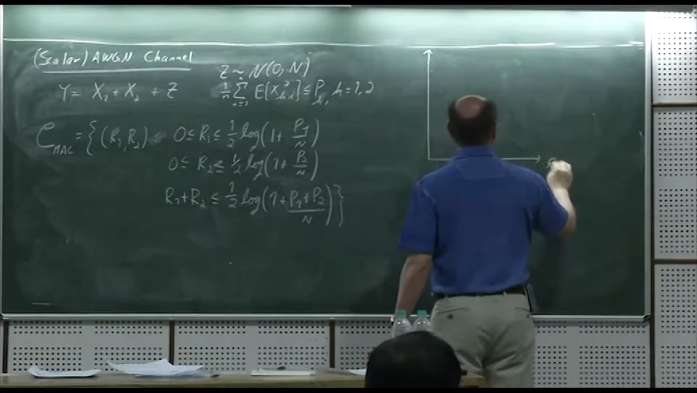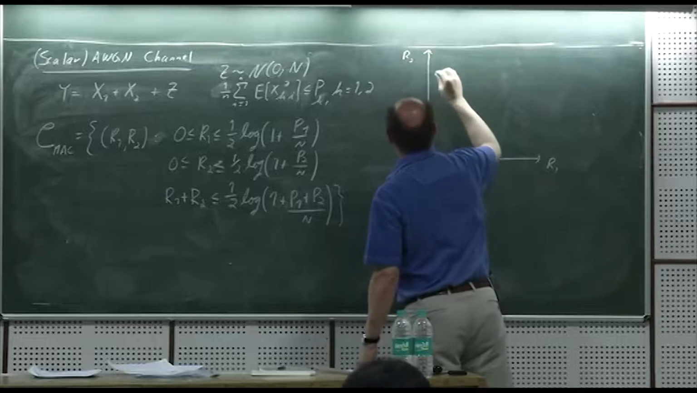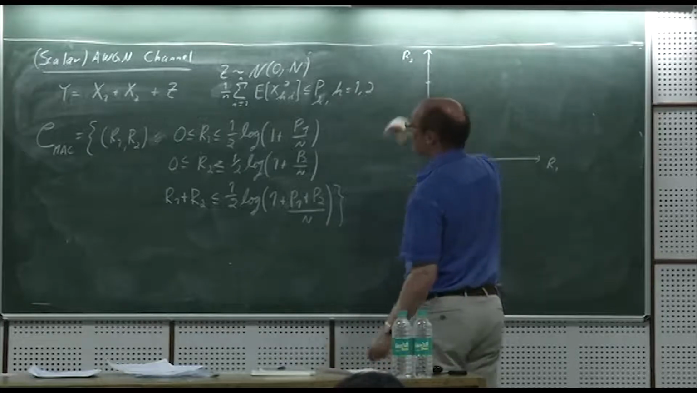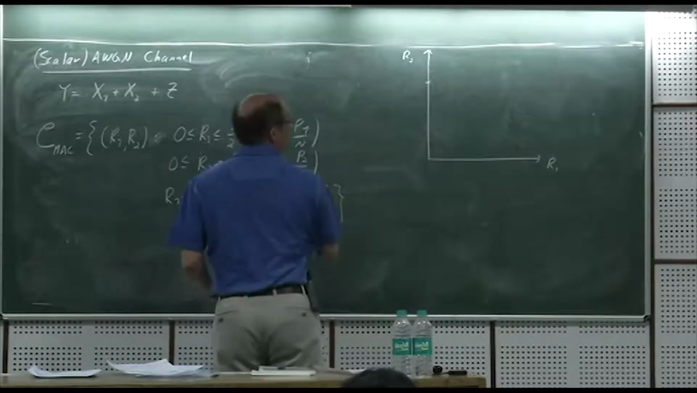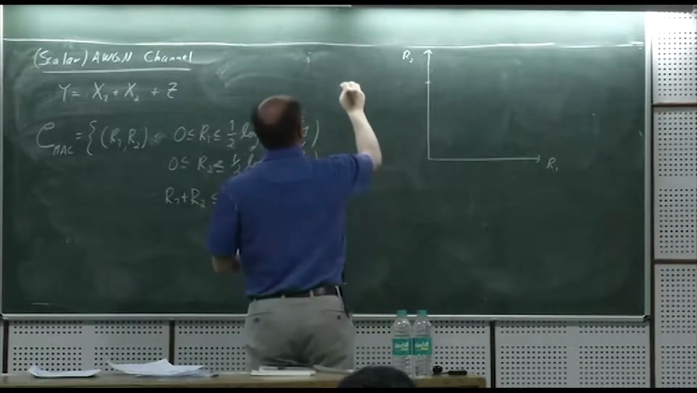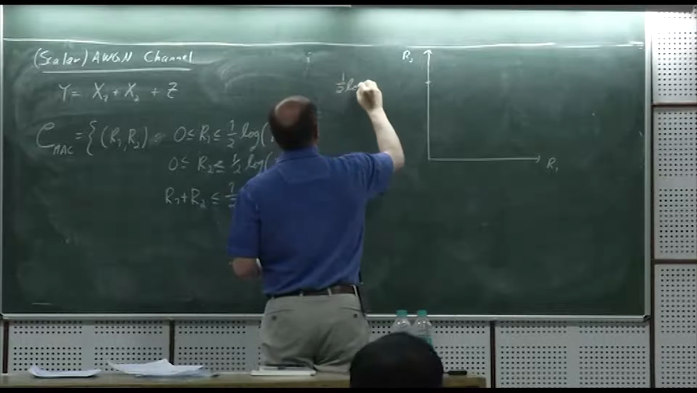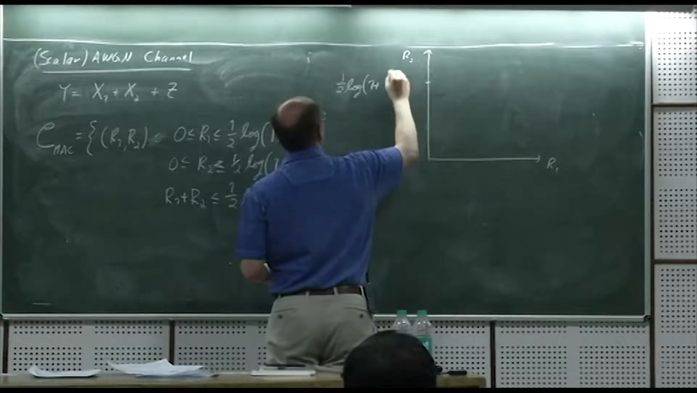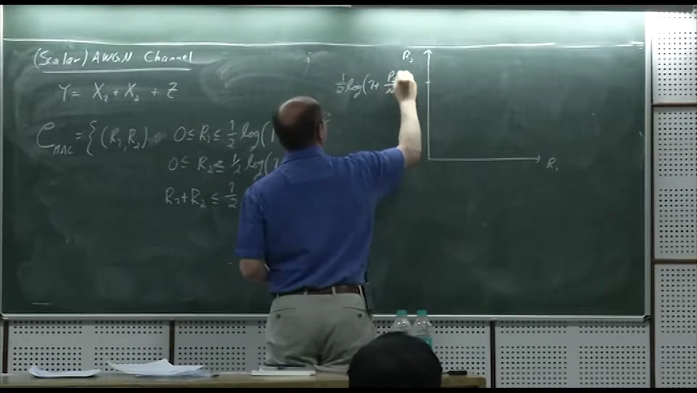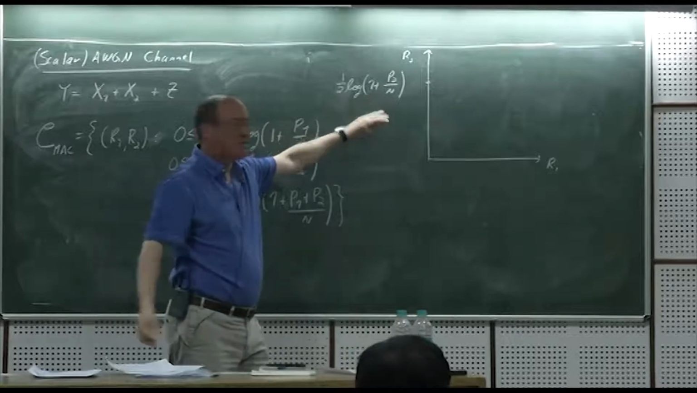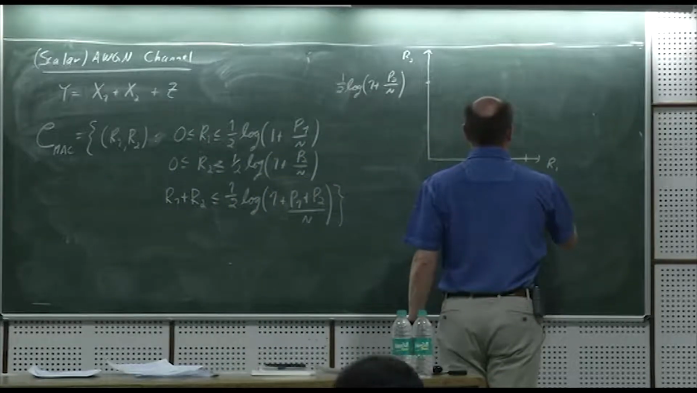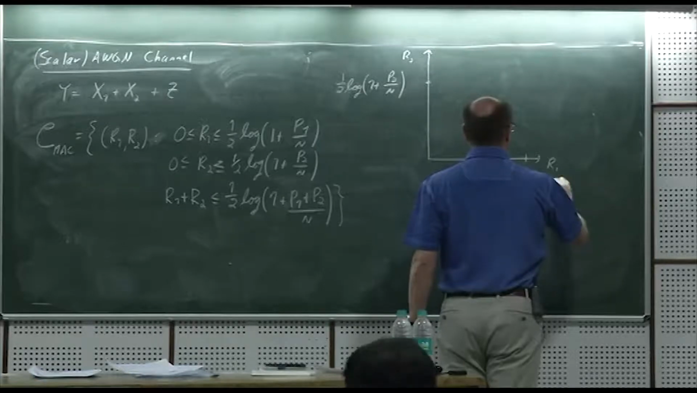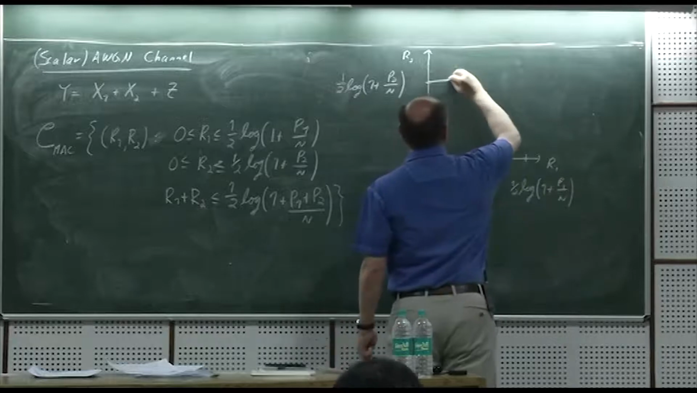So let's plot R1, R2. Here we get 1/2 log of 1 plus P2 by N. Of course, that's the best rate we can get, right? Because that's the capacity if you just have a point-to-point channel. Here we get 1/2 log of 1 plus P1 over N. Of course, that's the best rate. And then this goes out,